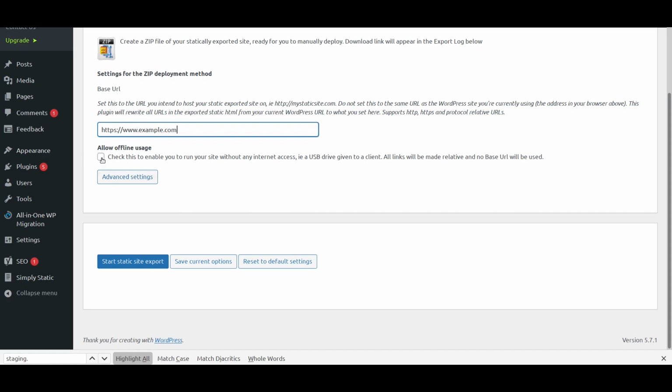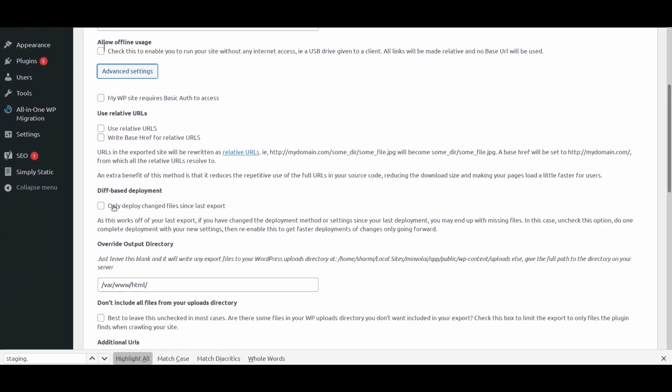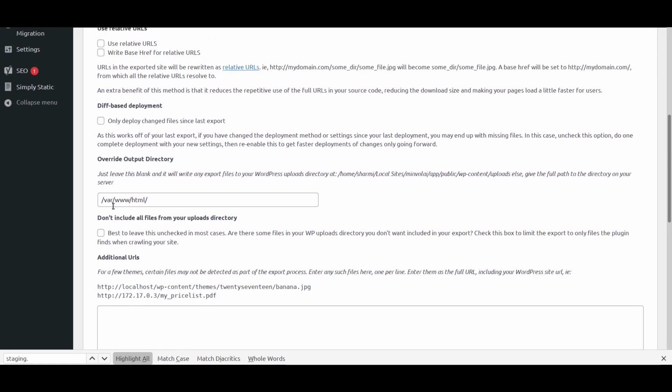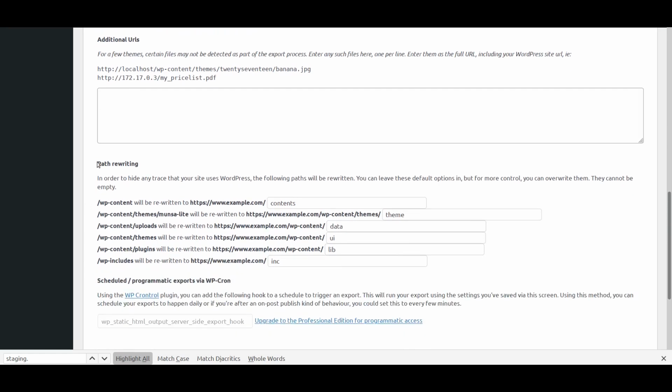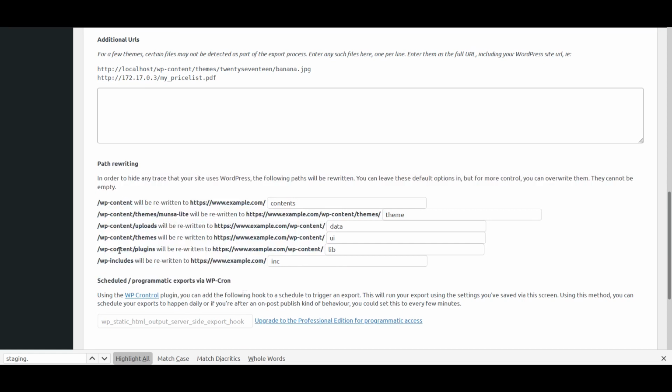If you want to run it offline, you can generate all relative URLs when you check this, but we are not going to use it right now. And here is the important thing that you can do. This is one interesting thing that WP Static does. You can change the names of the directories, because normally any website that is hosted is automatically tested by bots to see if it is WordPress, and then they try to exploit the weaknesses of the site.